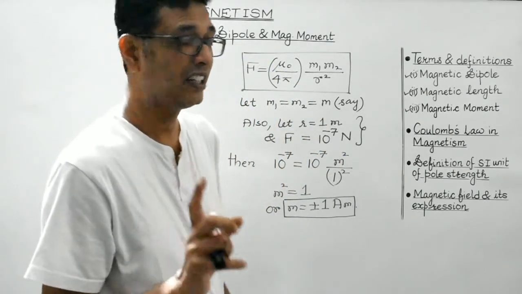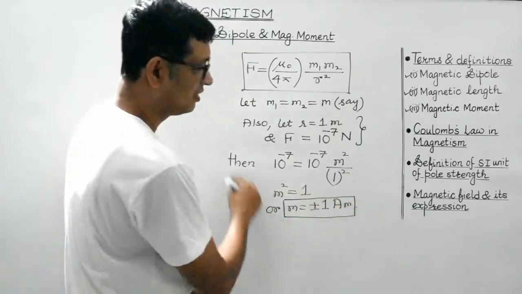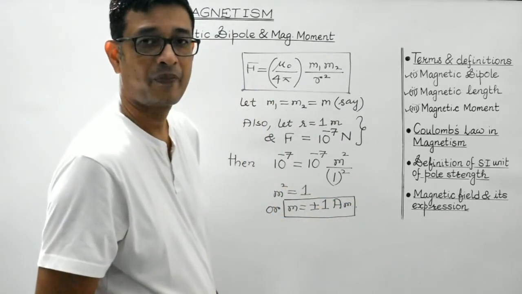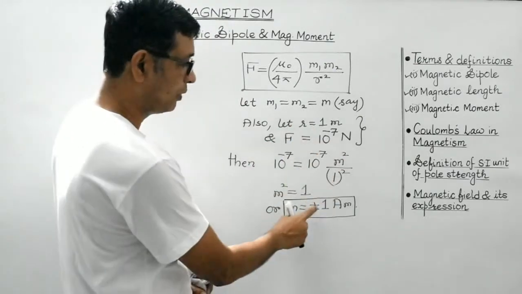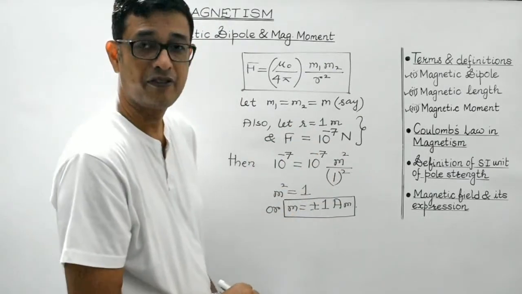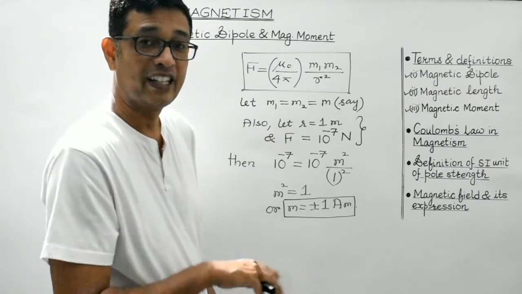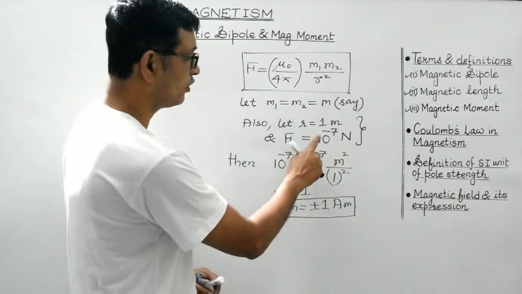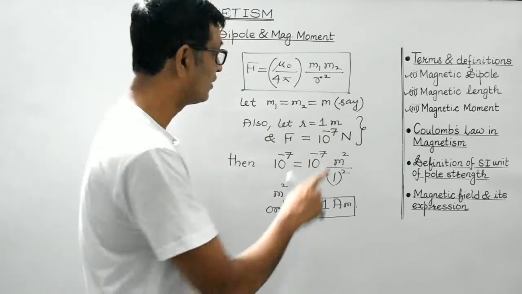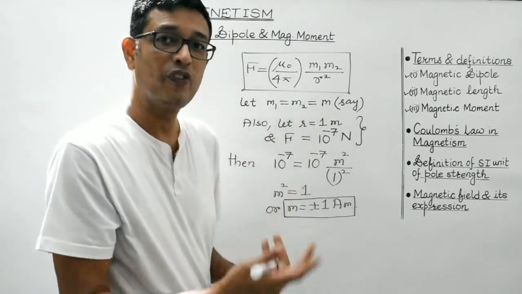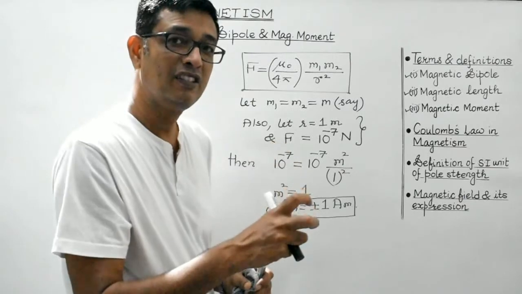Clear, students? Again I repeat, you have to include all these things, right? The pole strength of a given pole is said to be 1 ampere meter if it experiences a force of 10 raised to minus 7 Newton when placed at a distance of 1 meter in air or vacuum from another